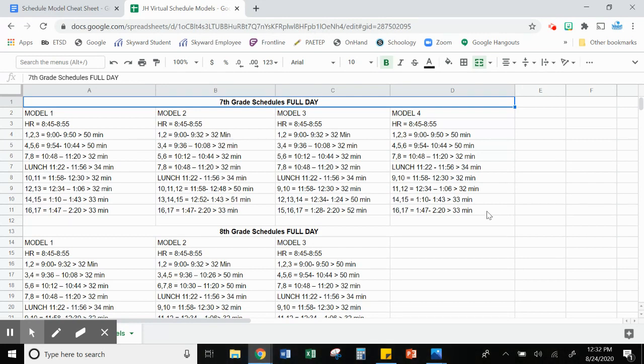So once you know what model you are in, you're going to then proceed to the next step in this process, which is going to be to click on the grade level below, click on the link for that model, which will take you to an additional tutorial video that will help explain to you how you take your Skyward schedule and put that